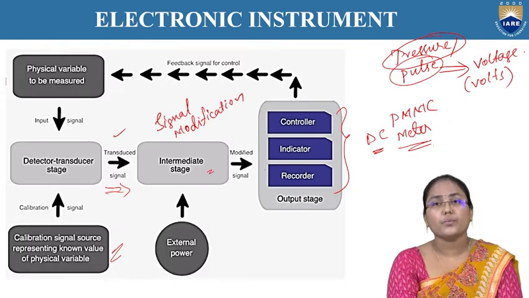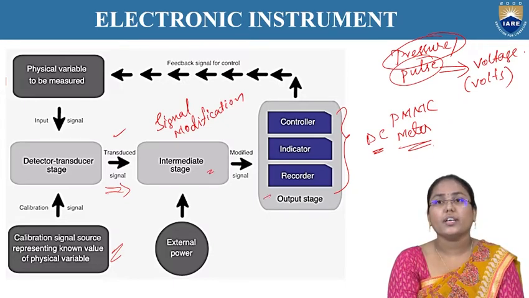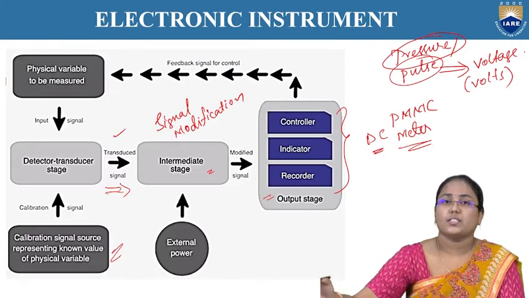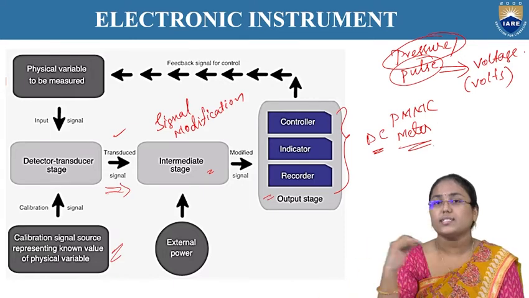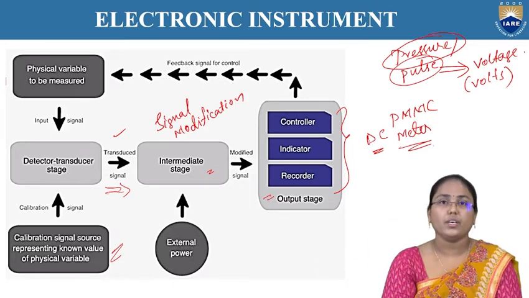So now once we get the modified signal, it can also be recorded in different stages. That is, for the first second, it is like this one. For the next, after 2 seconds, it is like this. After 3 seconds, the reading is like this. All these things can also be recorded.